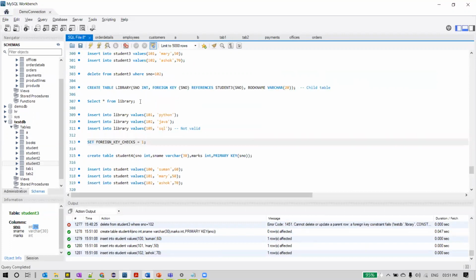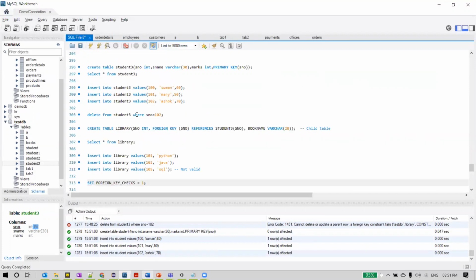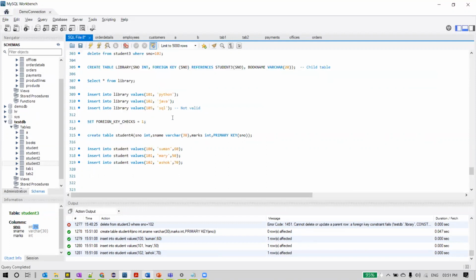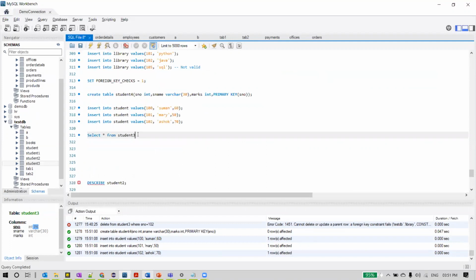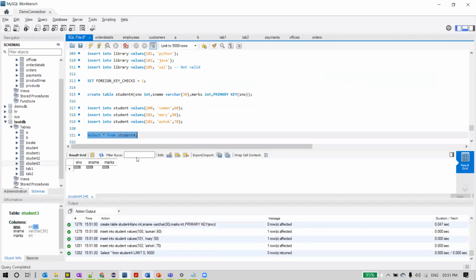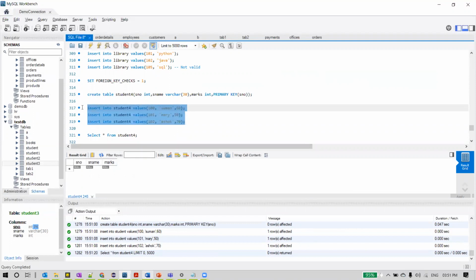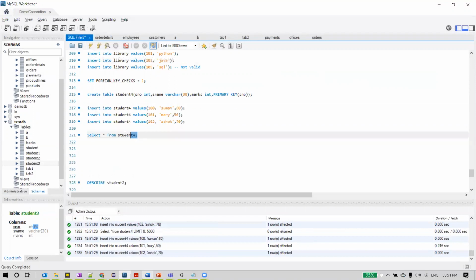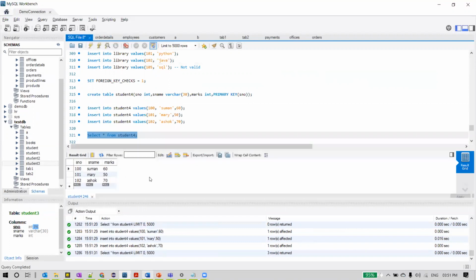Let me check the data in it. Student 4, right? We inserted 3 rows into the parent table. Again, I missed this as student 4. This has to be student 4. And we can see it here. We have data in the parent table.